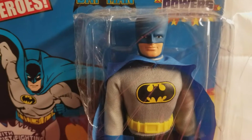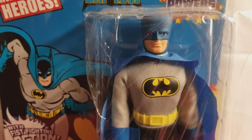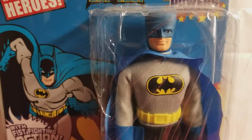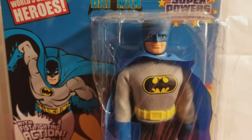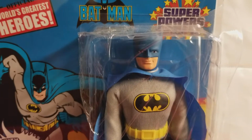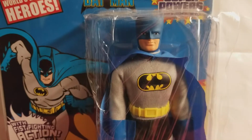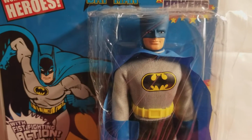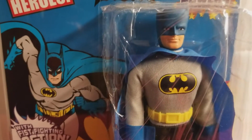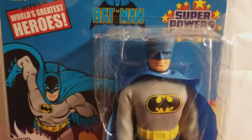I looked around and checked a few more sources that I would normally get figures from. Emerald City Comics carries this particular Fist Fighter Batman, so I was able to purchase him. He's a little bit more expensive. It depends on where, once again, guys, when you're buying these figures, it depends on what people are willing to